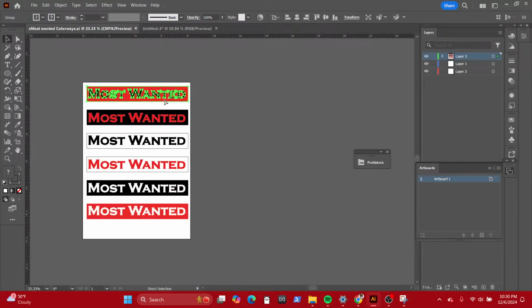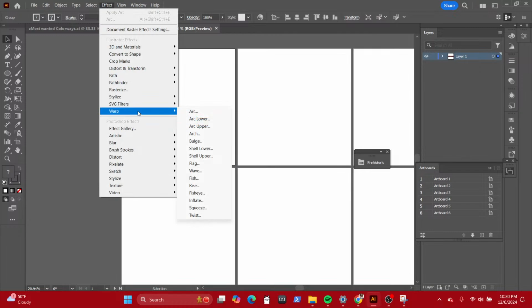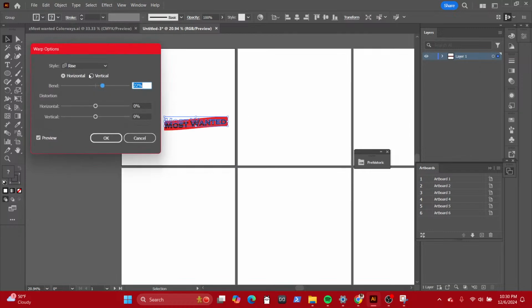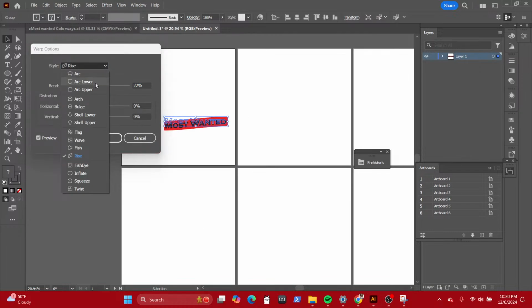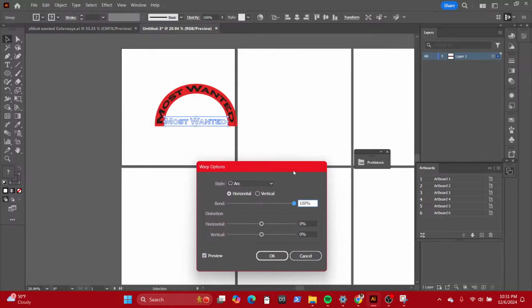Can I make this work? Copy. Bring that in. Bow. Paste. Now effect, warp, fish. No, we just did that. Now we're gonna do an arch, but how much arch can I do? No, I don't think that's gonna work. I like that. I'm thinking of an idea, but that's not gonna work.